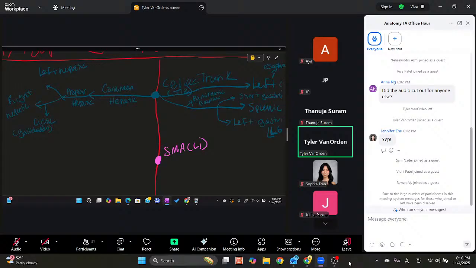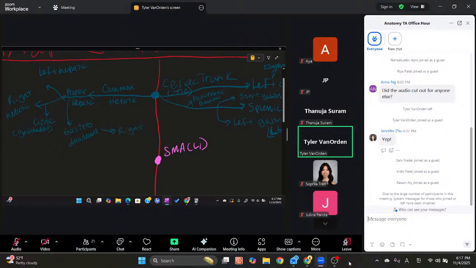So the proper hepatic artery is going to give off an artery called the gastroduodenal. Now, that is pretty conveniently named because it's going to the duodenum, and it's also going to give off branches that go to the stomach. Because remember, gastro or gastric means stomach, duodenal means it's going to the duodenum. So this artery here is going to give off branches that supply part of the duodenum and part of the stomach. Okay, so you're going to have the right